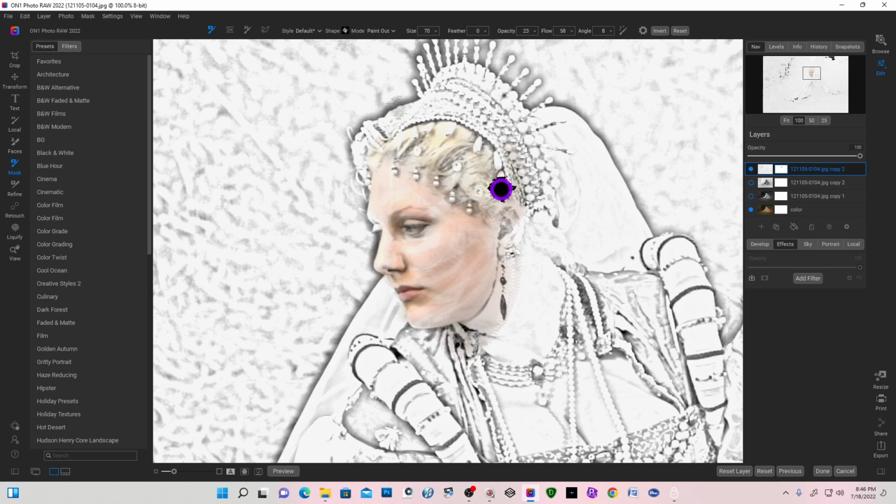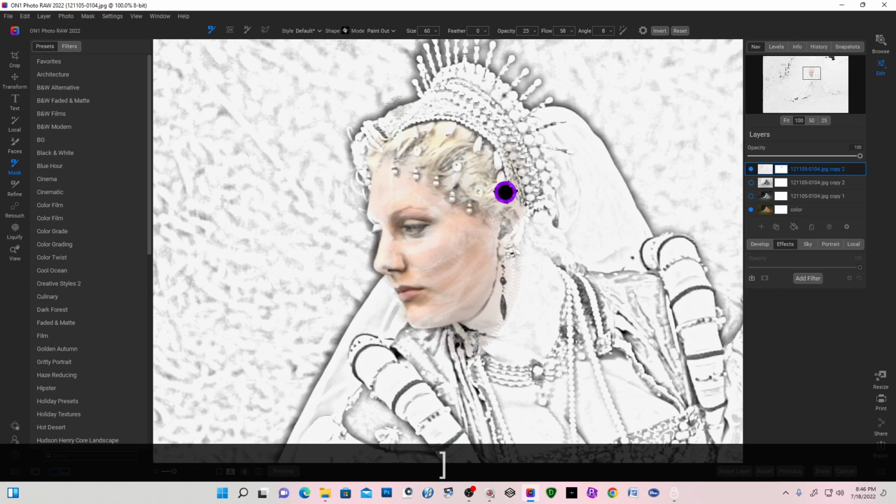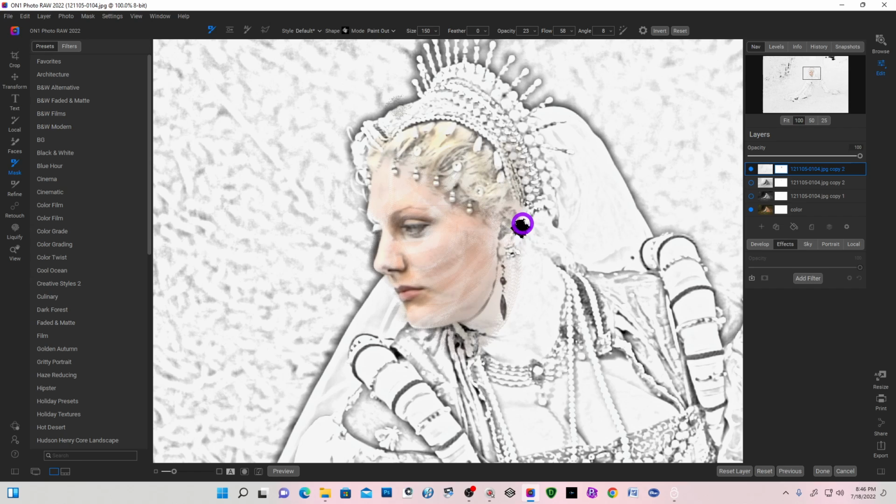So I'm going to use my bracket key and make a larger size. Now if I just lightly touch it, it's just going to be a small brush, but as I add the pressure, it will get larger. So basically it's like I am painting in the color,